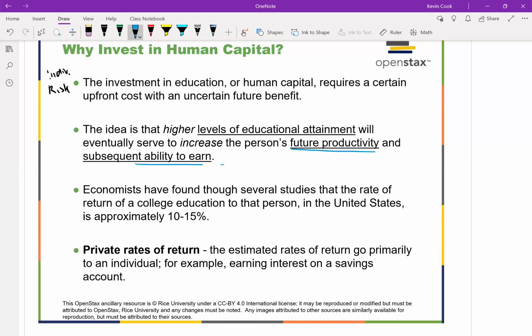But all of these things so far that we're looking at are called our private rates of return. That is, this is the benefit that goes mostly to the individual. An example they have is interest on a savings account, or more related to our example, we have our increase in earnings,